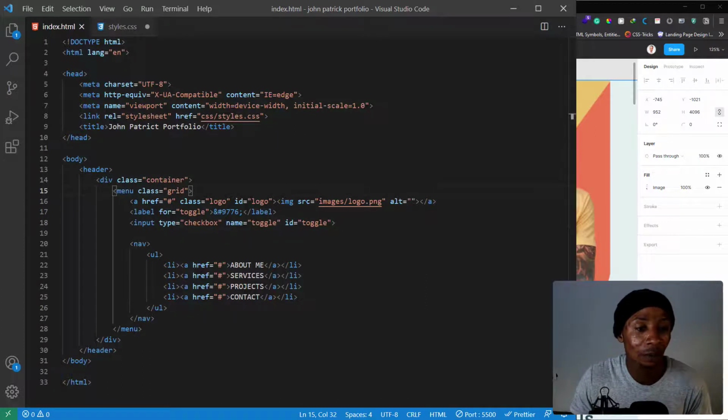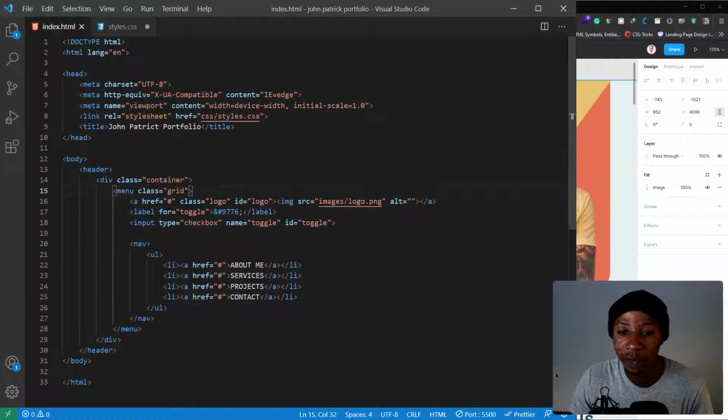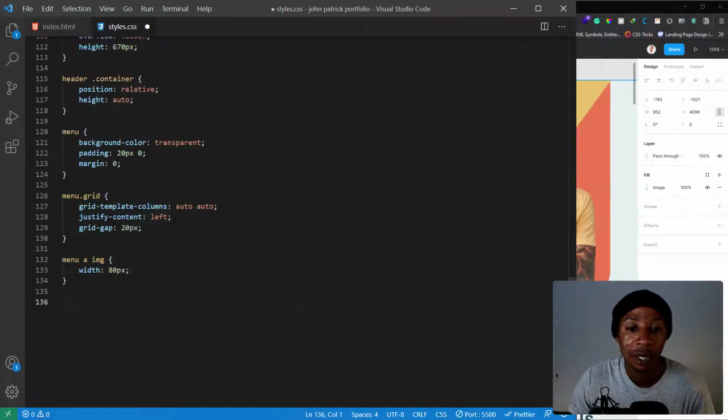For the toggle, we want to start the ID. As you can see, we have the ID of toggle right here. So I'll just go back here. I'll just say the ID of toggle,